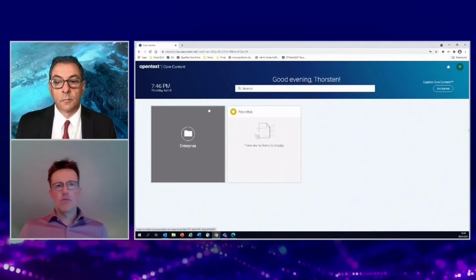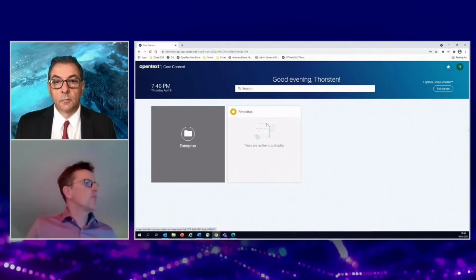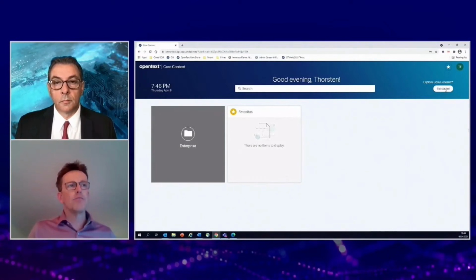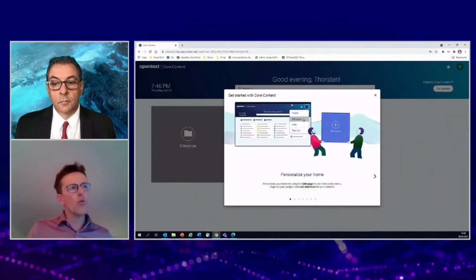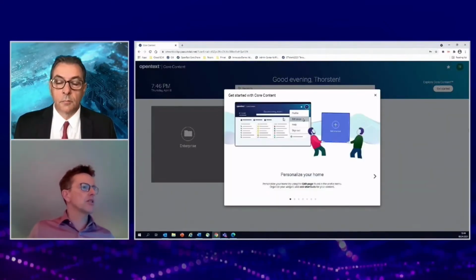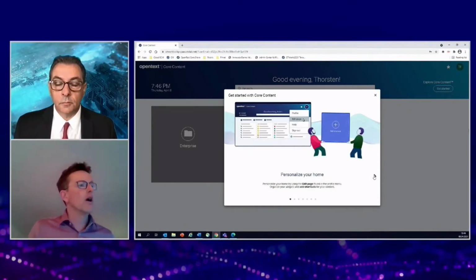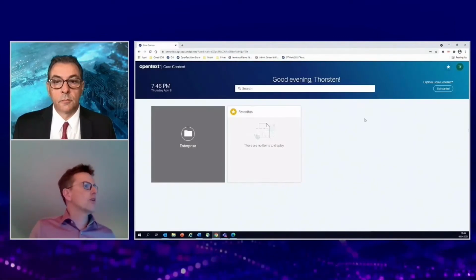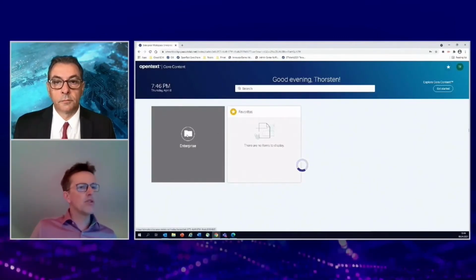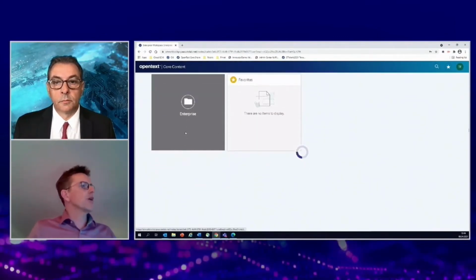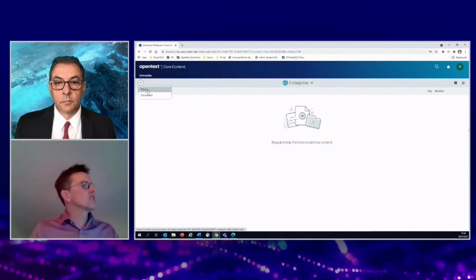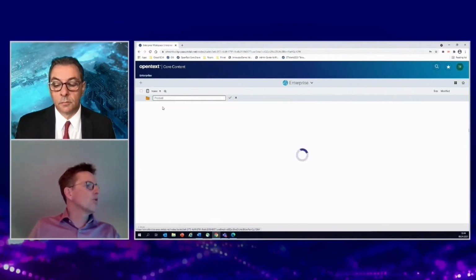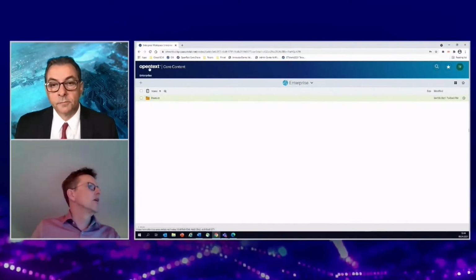This is what I see as an, if you will, empty system, but we have already this nice starting page. We have a get started button where I can do a quick walkthrough on the main capabilities, like personalizing my home screen, how to work with the application while browsing, and so on. But I would also be able to very easily and quickly create my content structure, where I maybe want to use a specific folder for all my product information.